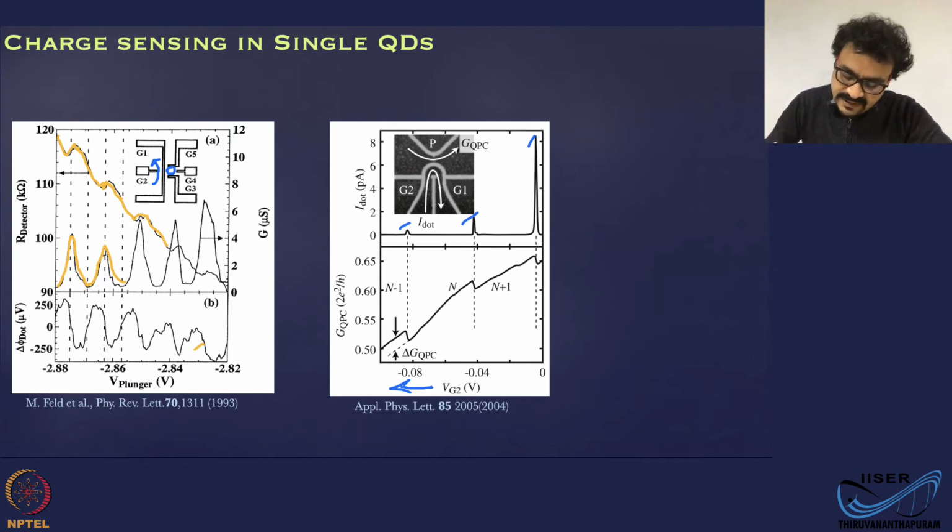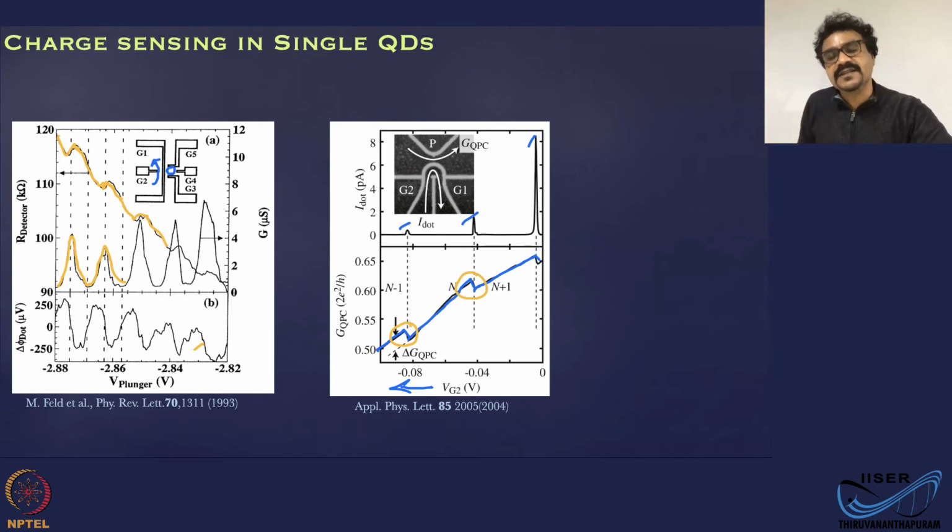But the charging and discharging event sensed by the quantum point contact, which is now shown as the bump in the conductance of the quantum point contact, is not affected by the change in the gate voltage because it is not sensing the tunnel rate, it's actually just sensing the charge, the presence or absence of the charge, or change in the charge configuration or charging and discharging events.